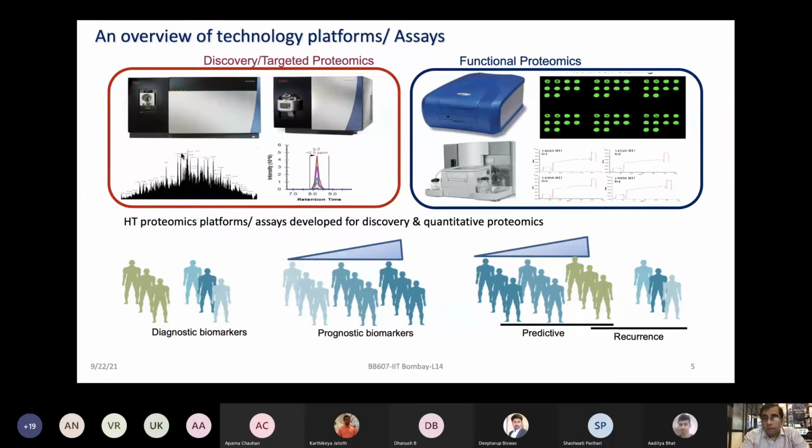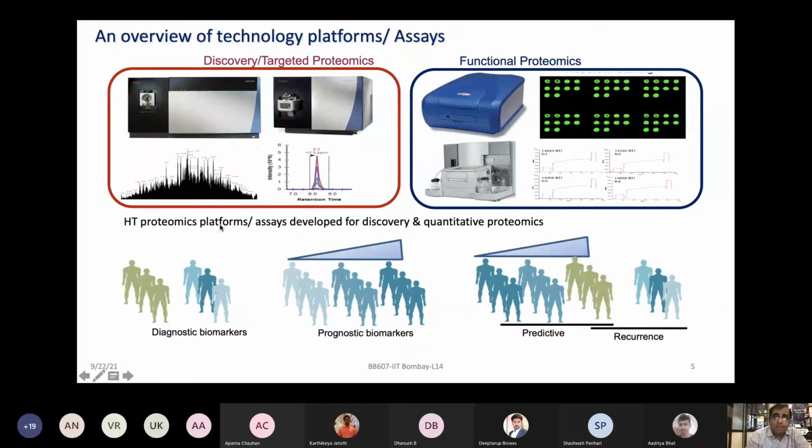You can also utilize some computational tools with machine learning and find out which targets among those are the best ones, because you are looking at thousands of proteins. And finally, you want to develop a test which could be based on maybe 3 proteins, 4 proteins, 5 proteins. Ideally, one protein would be the best thing, but usually one protein may not be sufficient to give you a very accurate test. So a panel of proteins is something we are looking for. So let's say you have identified that panel of proteins, and now you want to validate them. That's where the targeted proteomics workflow comes into play. And you have been exposed to the concept of Skyline and looking at selected reaction monitoring based assays, right?